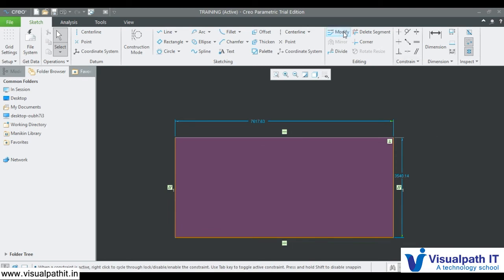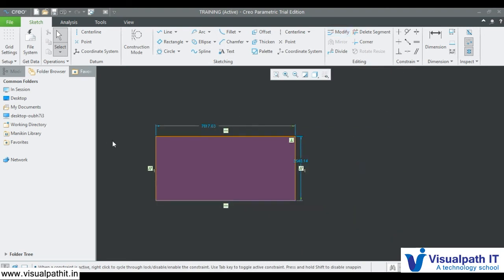The modify option is used when you already gave a dimension or a constraint to that and you want to modify that, or to edit text values. Now let's go for the different options in editing.